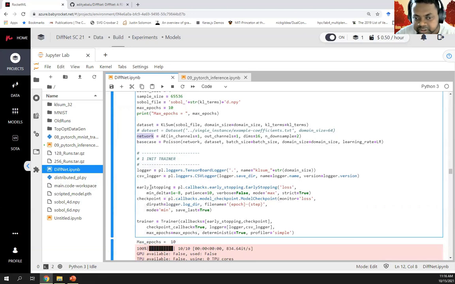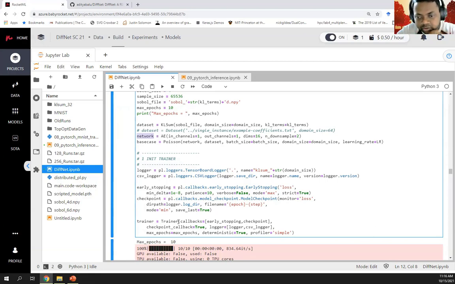In the same way, you can define checkpointing, where depending on what your minimum loss of your dataset is, that particular epoch's weights will be stored, and those weights would be what we would be using as best weights for inference. So we define early stopping, checkpoint, logger, CSV logger, and everything.